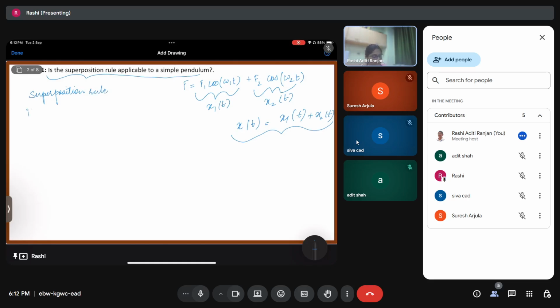The first one is the homogeneity rule, which says that if I have x of t as my input to the system and I get the output as f of t, then by the homogeneity rule, this relation which holds between x of t and f of t, which we can say could be a